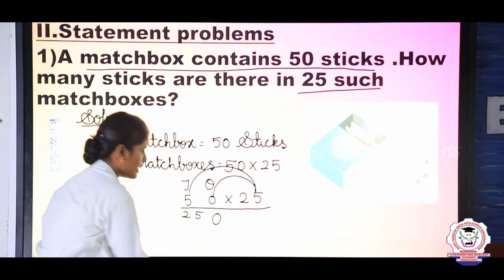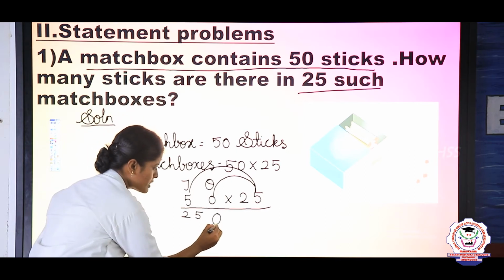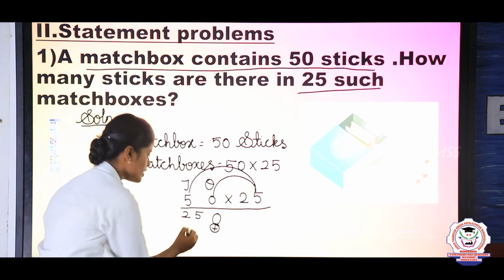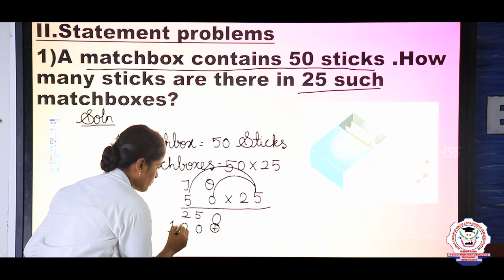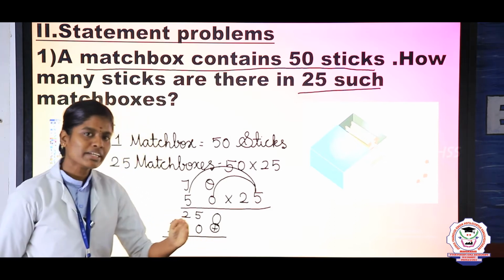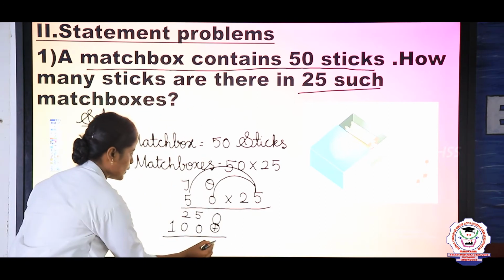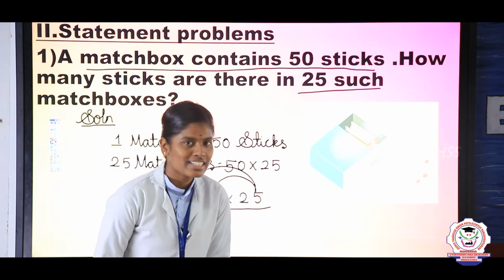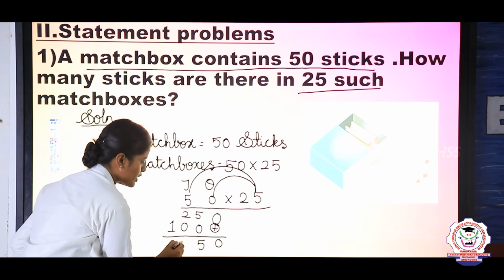Next take the tens place value. Here the tens place value is 2. So put 0 in the ones place. Then you should start from the tens place onwards. 2 zeros are 0 and 2 5s are 10. Now we are going to add this. Now tell me Kiran, what is the answer? 0 plus 0? Very good. The answer is 0. Next take 5 in the mind, 0 in the finger. The answer is 5. Next take 2 plus 0, 2 and finally 1.